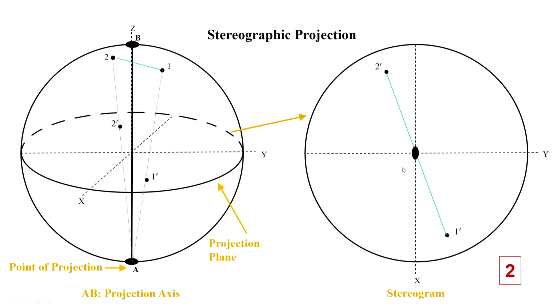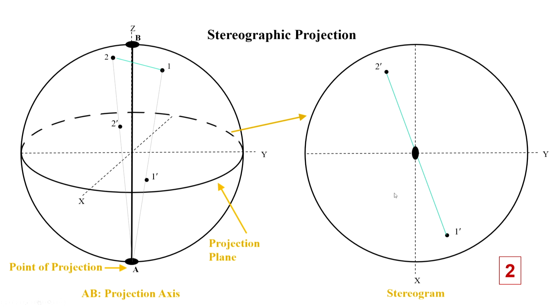Now you can imagine that I can have three-fold, four-fold, six-fold, all of them would appear, and the number of poles that will be shown would be more. For example, in three-fold, I'll have 3 poles, so 3 points would be there in the stereogram. Four-fold, there will be 4 points. Six-fold, there will be 6 such points, which are rotated through 60 degrees.